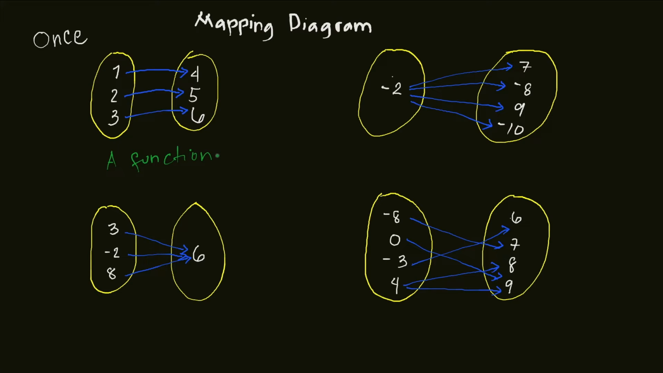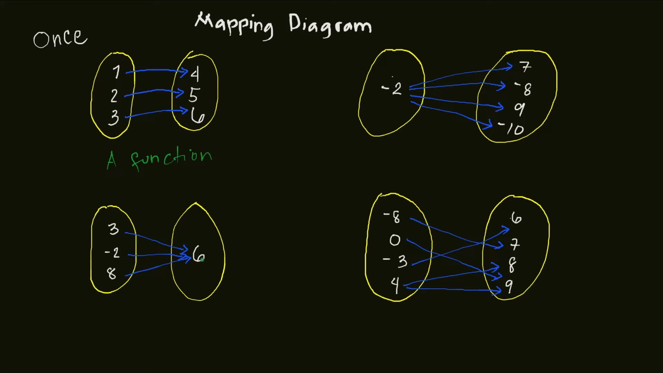Okay, now let's move on to the next. This one here. Now, each element in the domain is mapped exactly once. You see that by looking at the line or arrow protruding out of 3. There's only one line protruding out of the number 3, and also 2, and also 8. You see that each of these elements in the domain is mapped exactly once, but only to one element in the